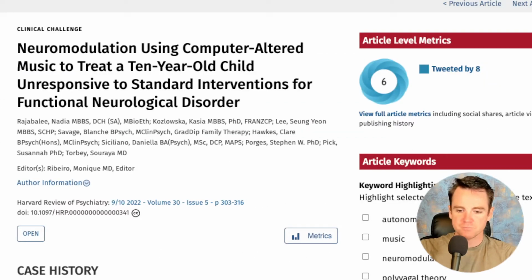Here's another one. This is actually pretty exciting. So this one's called Neuromodulation using computer-altered music to treat a 10-year-old child unresponsive to standard interventions for functional neurological disorder. So this is really wild. Now, this comes out of the work of Stephen Porges. So respect to Stephen Porges for helping to contribute to this. This is the Safe and Sound protocol that we're talking about here,